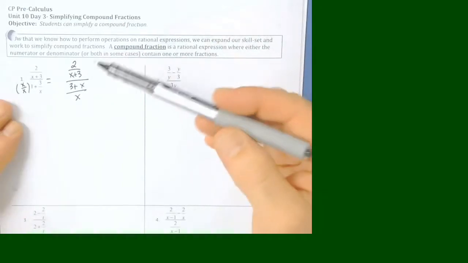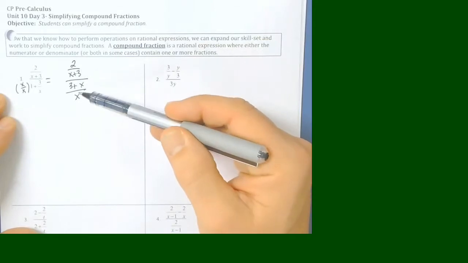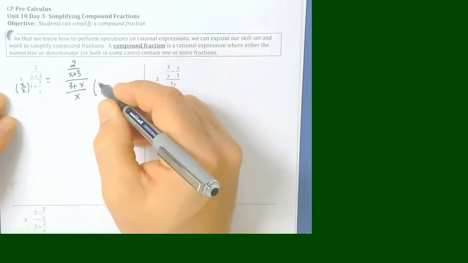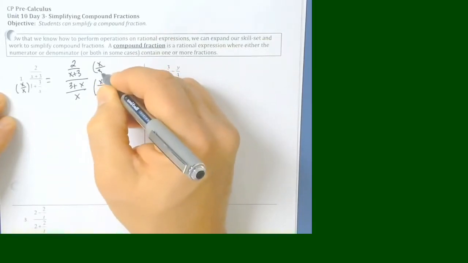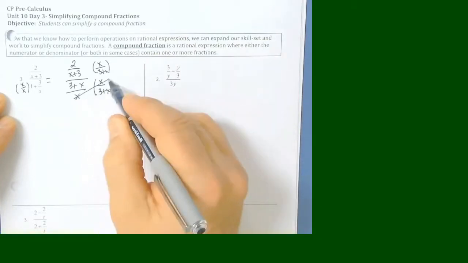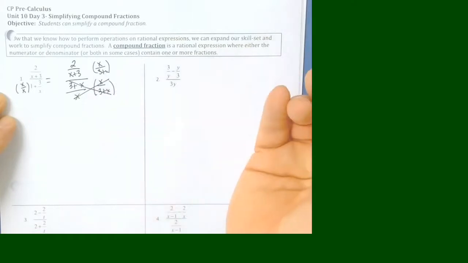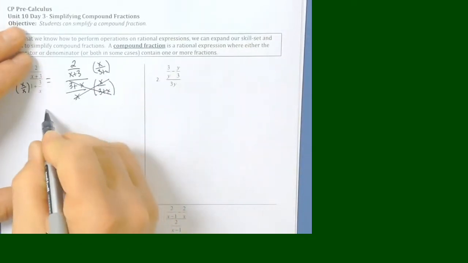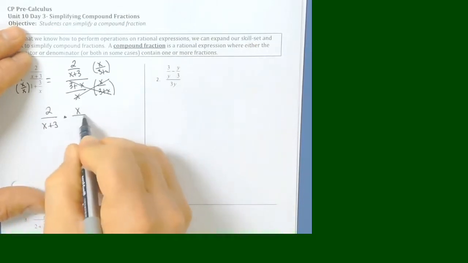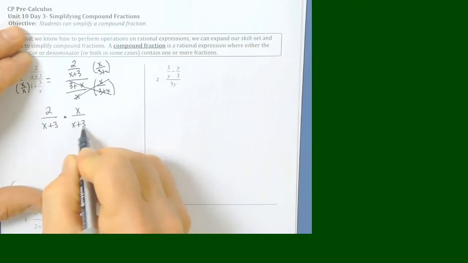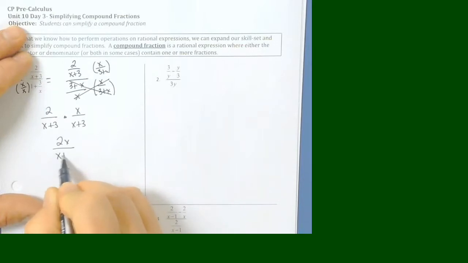This now looks like something we just did yesterday. Instead of dividing, I can multiply by the reciprocal, x over 3 plus x. We don't need to show this step from now on, but we can see that multiplying by the reciprocal gets us out of the denominator. So I have 2 over x plus 3 times x over x plus 3. That gives me 2x over x plus 3